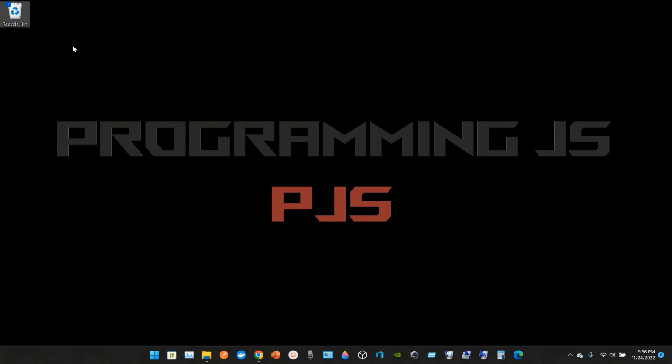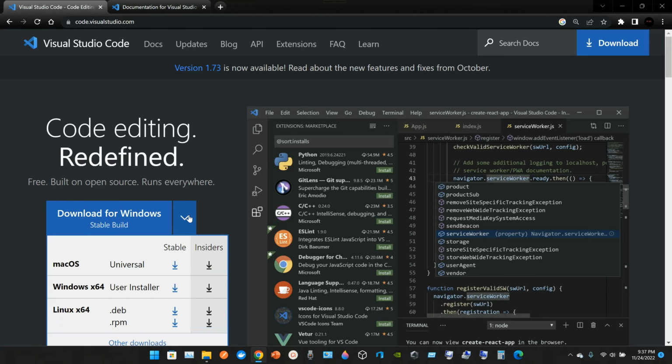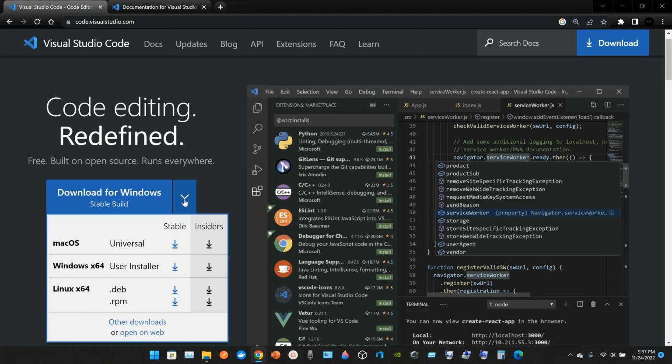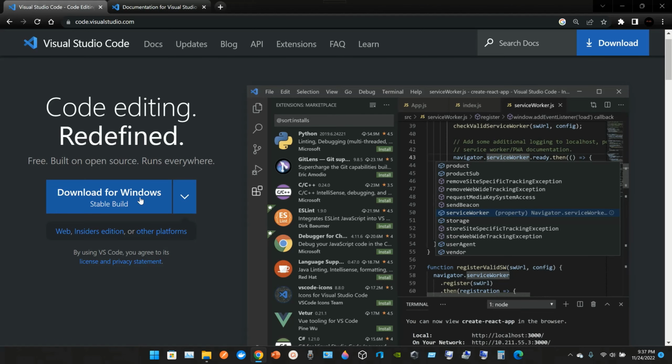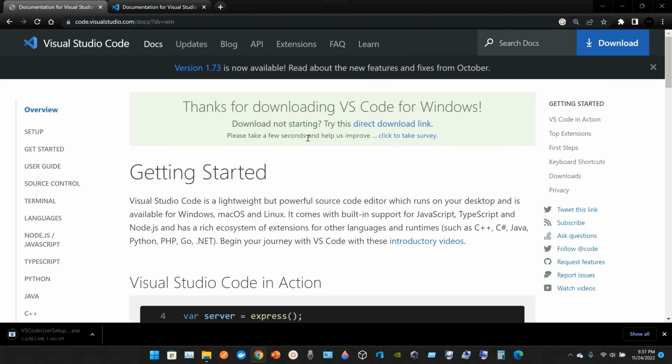So right now what I'm gonna do is install it. I'm heading to code.visualstudio.com and I'm using Windows. So let me see. Yeah, Windows 64 stable build. You just click it. Thanks for downloading VS Code for Windows. So you just have to wait here,